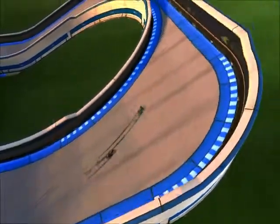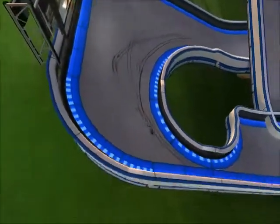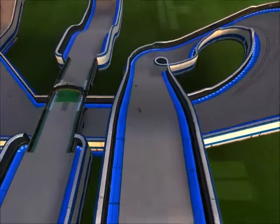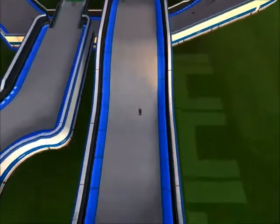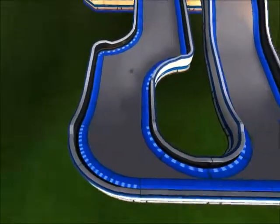Can Alex hold that lead through turn 1? Both cars very clean. Scott trying to make up any time he can. He knows he doesn't have much of a chance left. He's going to go inside on turn 2. He's going to dive it. Alex too fast coming out of turn 2. He's going to bump the wall. Scott's going to go right by. All he's got to do is complete turn 3 nice and smooth, and that's going to be win number 1